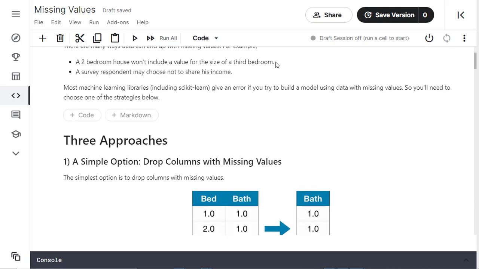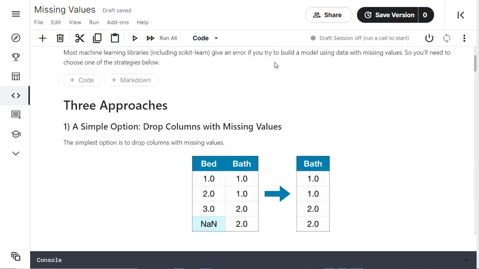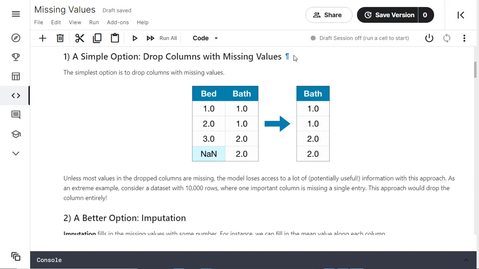So we will have 3 approaches to replace the missing value. First option is to drop the column with missing values. In the figure you have a data frame with 2 columns, bed and bath, where the bed column contains a NaN entry. We will remove the column with the NaN values, but this will result in loss of information.